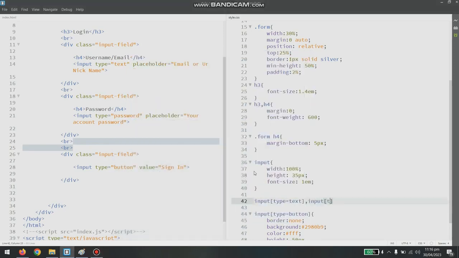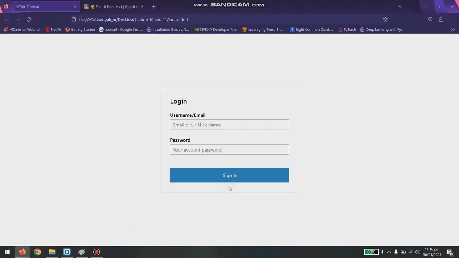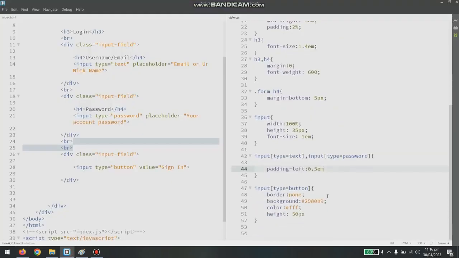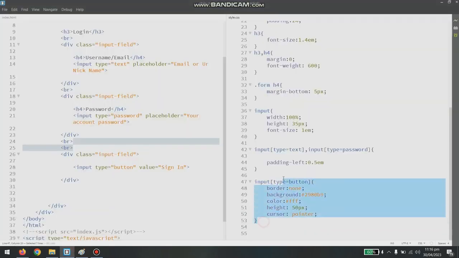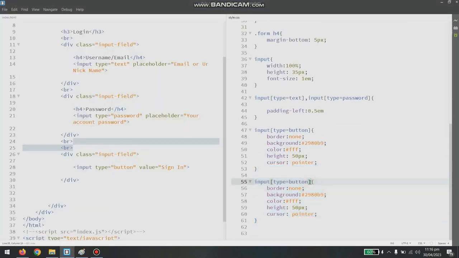Input type is equal to pass. You can see here this area, its sign in button, that it was also shifted to the reading left 0.5. So I'm going to give it another property, that is cursor pointer, so on mouse over it feels like it's a button. Okay, so let's create one more hover